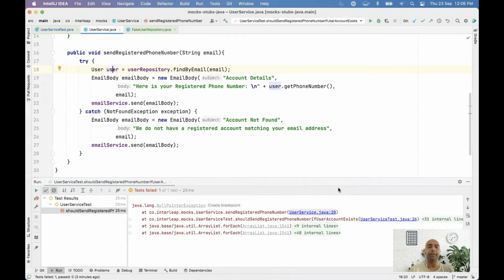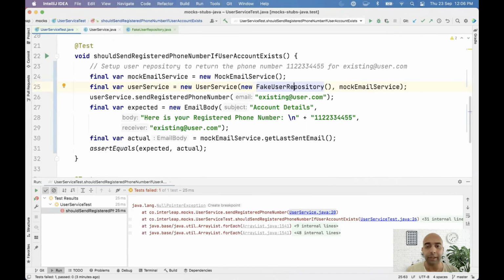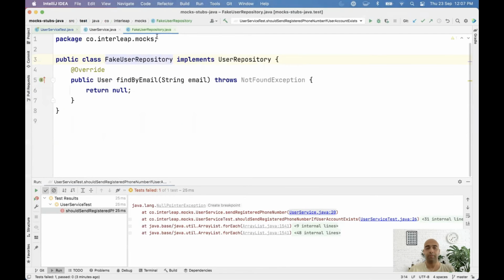Let's apply the same concept to the user repository here. In this test, the job of the fake user repository should only be to provide a certain input or provide certain data to the user service. And then whether the user service behaves properly or not is not the job of this fake user repository.